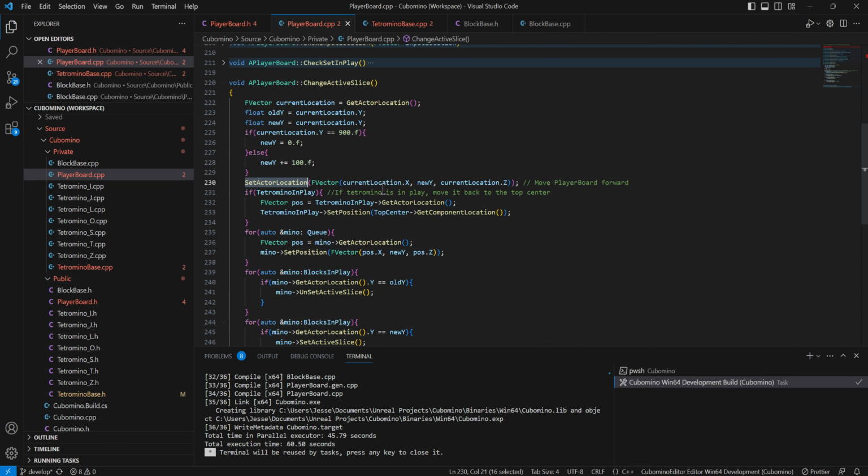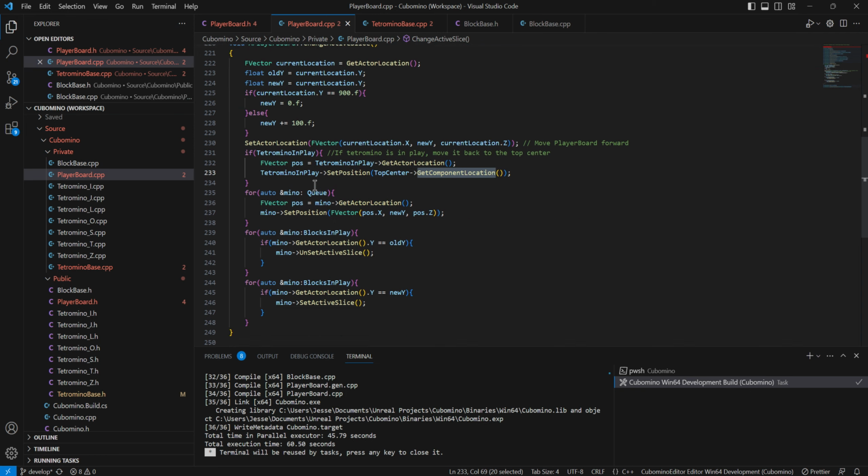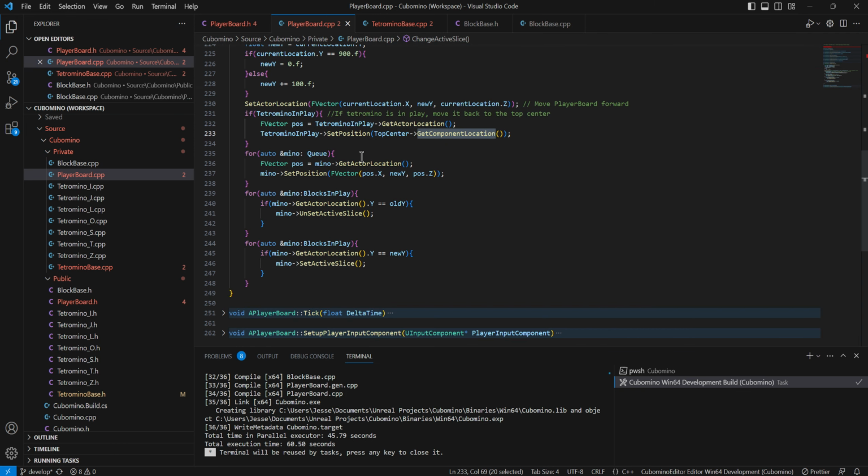So then we're going to set the location of the player board. So yeah, move player board forward. And then if there is a Tetramino in play, we're going to put it back to the top center so that, if there are other blocks in play, the Tetramino in play doesn't phase into existing blocks and set off collision detection and not be able to move. So it's going to go back up to the top center position. So Tetramino in play, set position to the top center, which is just a component that I have in the